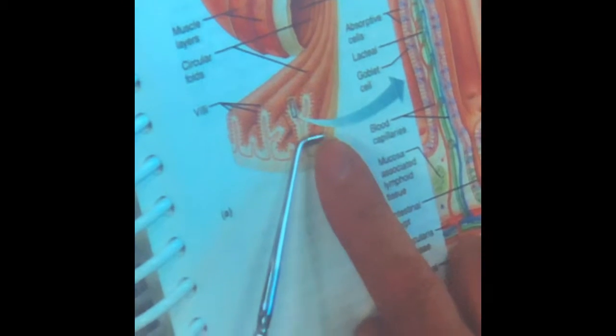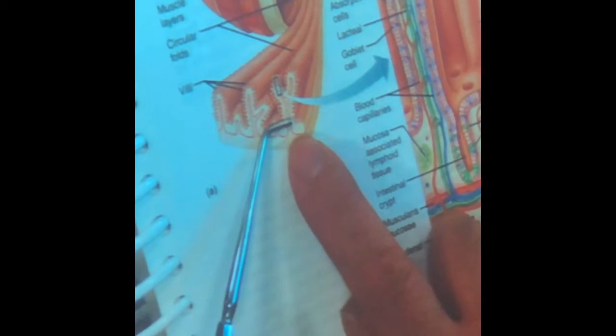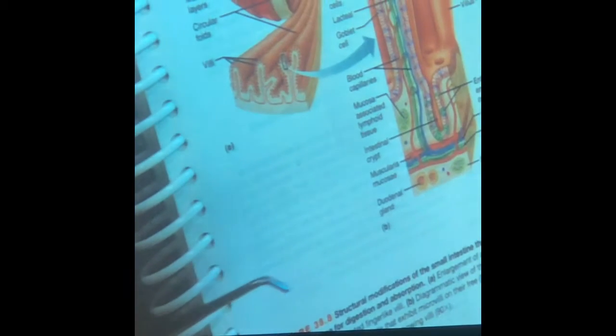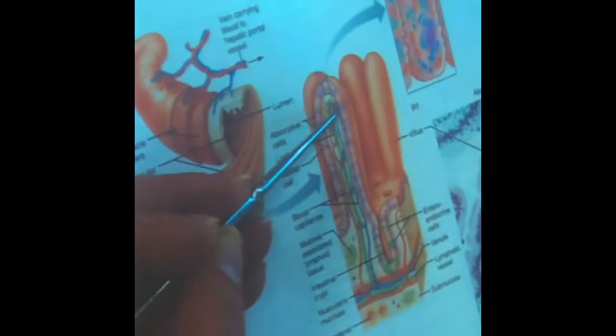So, plicae circulares increase surface area. They're submucosal folds that give more time for the digested food to be acted upon and absorbed. On top of that, they go through villi, which are mucosal folds. And if you had an electron microscope and took one of these cells out and looked at it, they